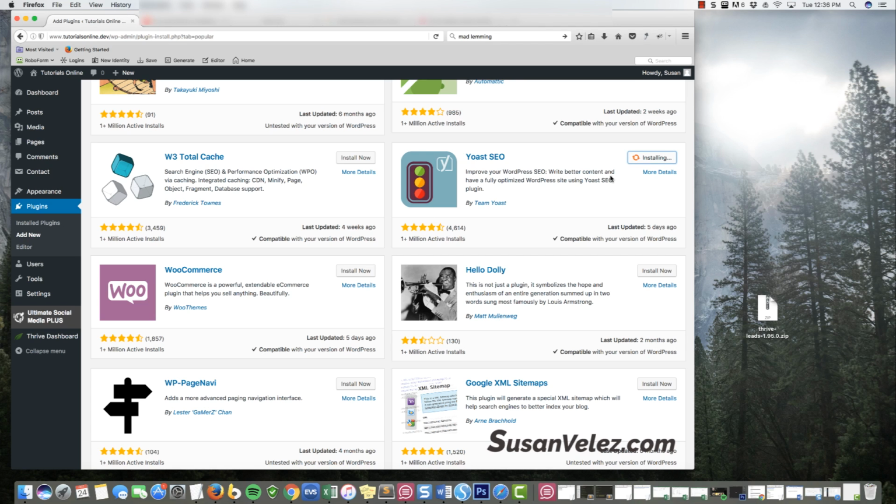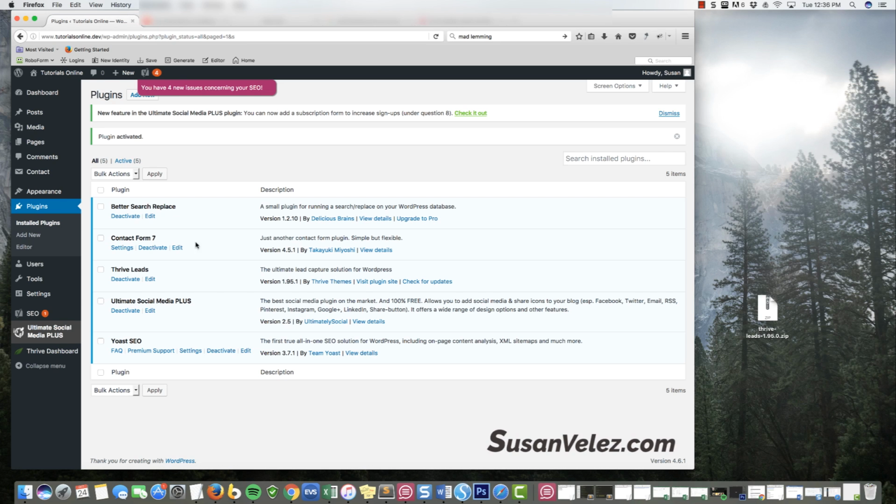Now, once it's done installing, it's going to ask you if you want to activate the plugin. So you click on activate the plugin, and then it'll take you back to the WordPress dashboard. And these are all the plugins that I have on my website. And to set up the settings for plugins, they're all going to be different. If you'll notice, it'll say settings right here,